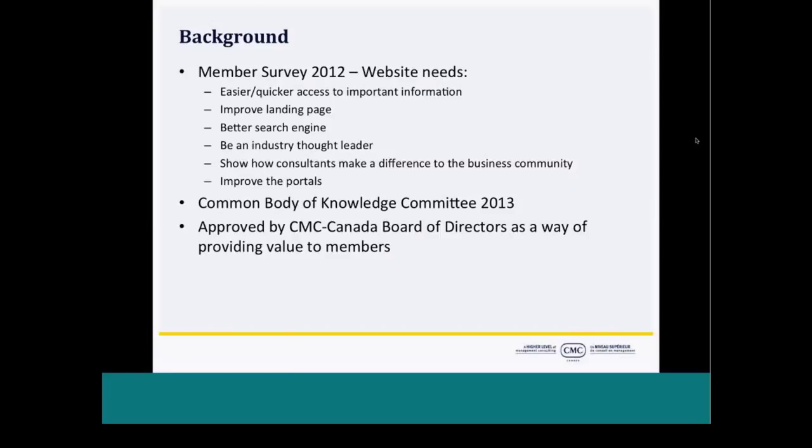In 2013, the Common Body of Knowledge Committee was created to examine how best to put CMC Canada's Common Body of Knowledge online. After researching several possible platforms and solutions, the committee recommended the HireLogic platform as a good fit to host the Common Body of Knowledge. It was also agreed by the Board of Directors that this platform could host a new CMC Canada website and